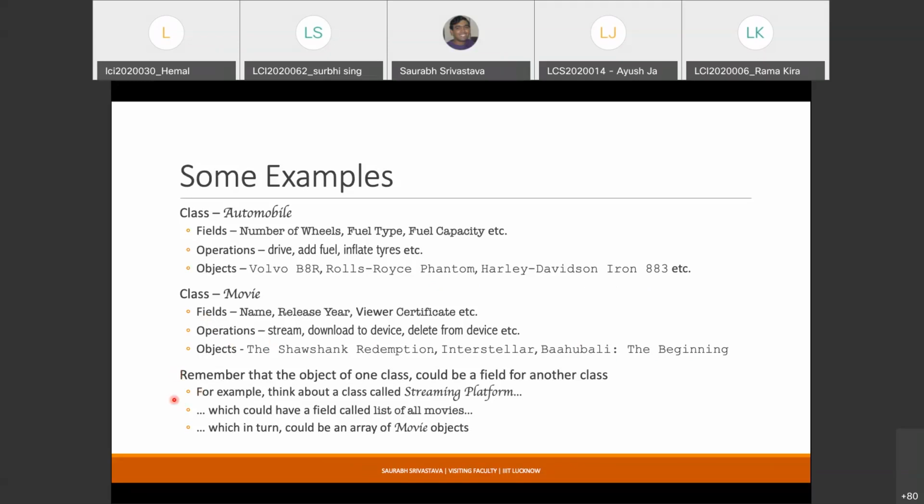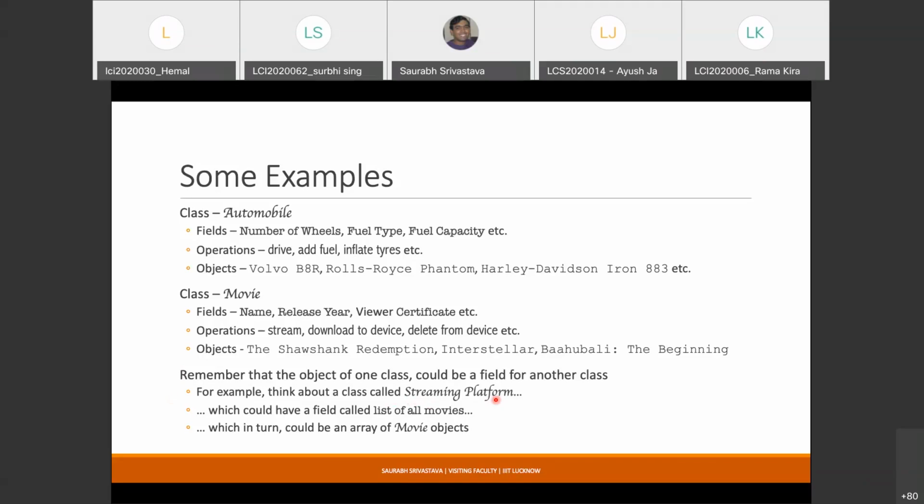And keep this in mind, that the object of one class, and this is the concept of nesting, that if you created one structure variable, it could be a part of another structure. So you can have, let us say, something like struct pqrs, and within that you have another variable of type struct abcd. That is the same thing here: if you create an object, it could become a field for another object. A typical example is, let us say I have another class called streaming platform.